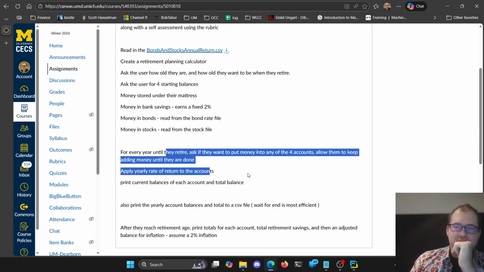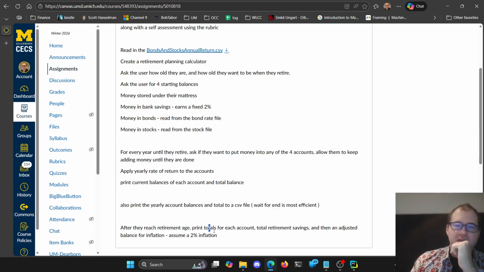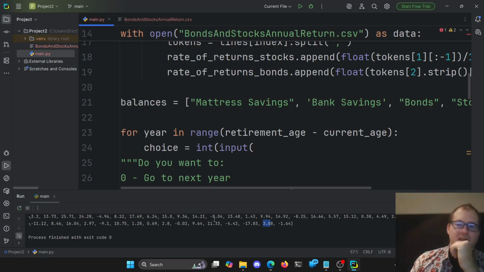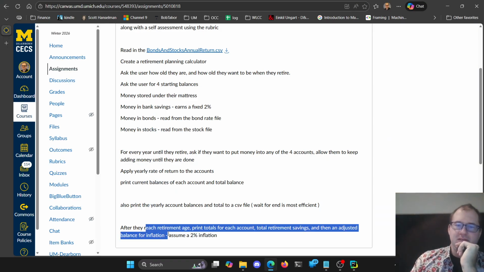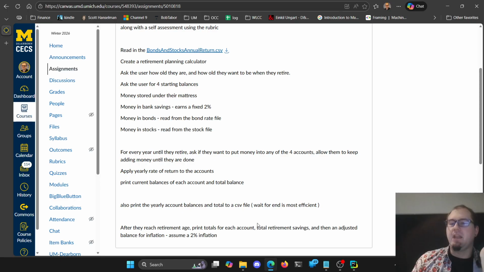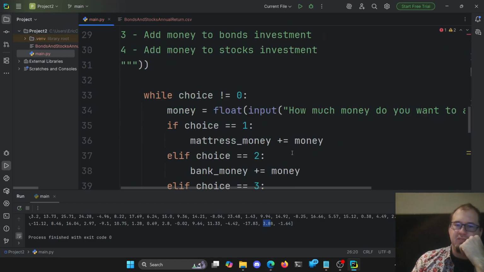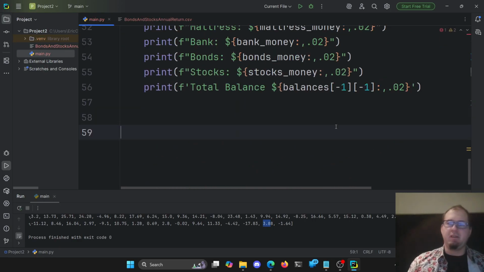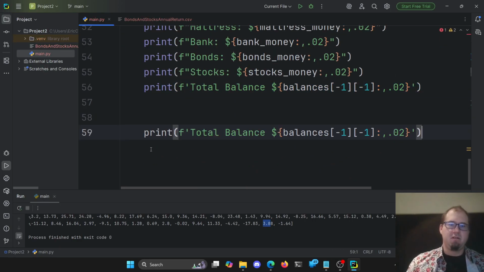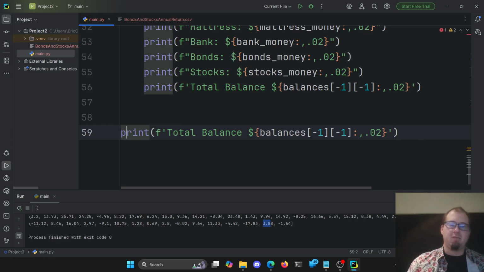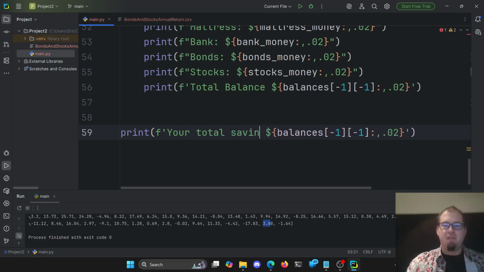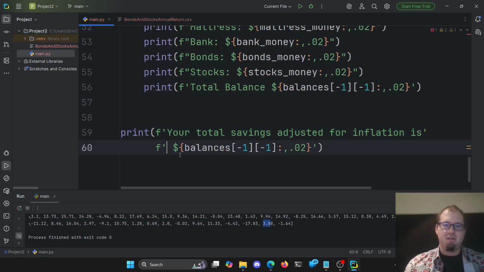Are we telling them how old they are, what year it is here? All right. And then at the end, print for everything. We're doing that anyway here. And then the adjusted for inflation balance here. So at the very end, and we're all the way done here, we can print your total savings. Total savings adjusted for inflation is this number